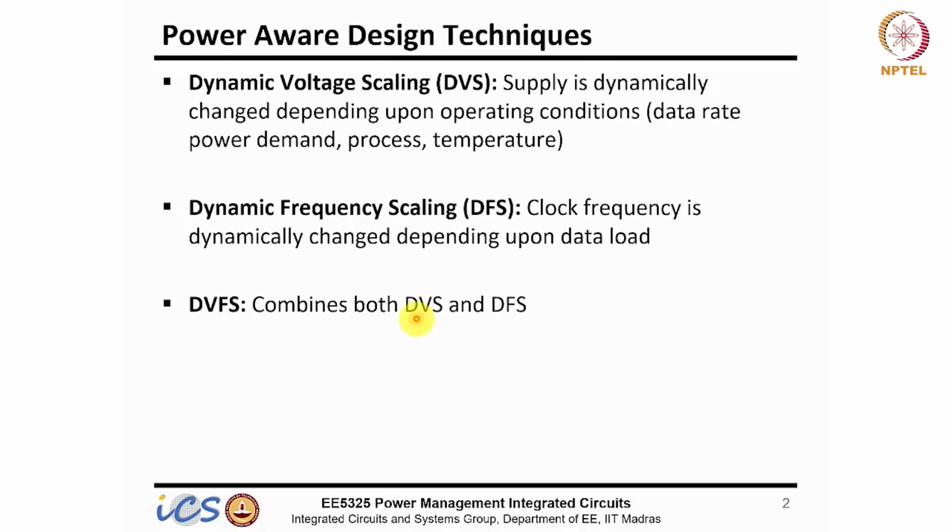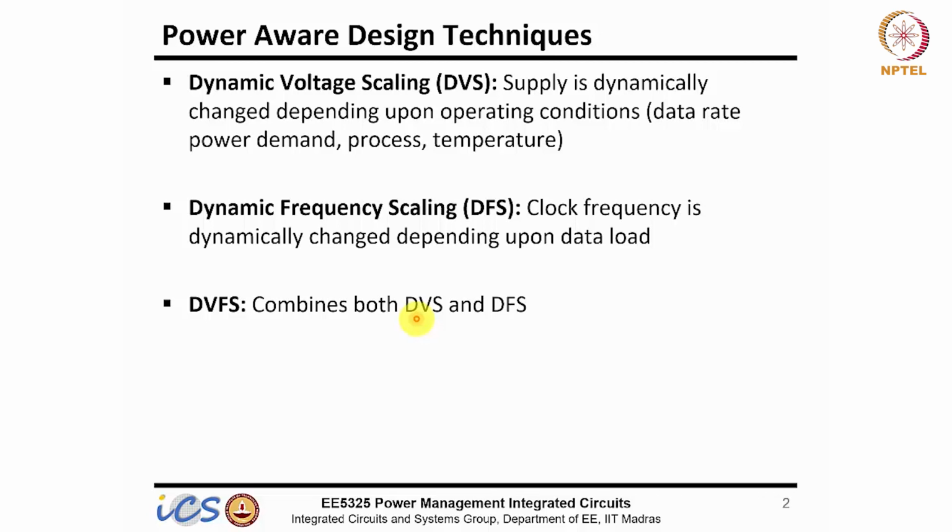So when you are running your digital circuitries, with the voltage the delay changes. If you are running your processor at 1 gigahertz, you want to minimize the delay, so you want to operate at a maximum supply. If you want to run at 1 megahertz, then you don't want the same voltage because now you can afford larger delay. But if you keep the same voltage, then there are some leakages in the circuit that will be more.